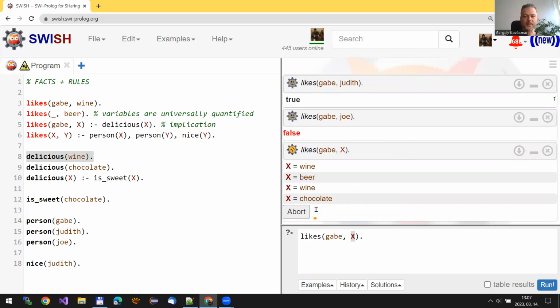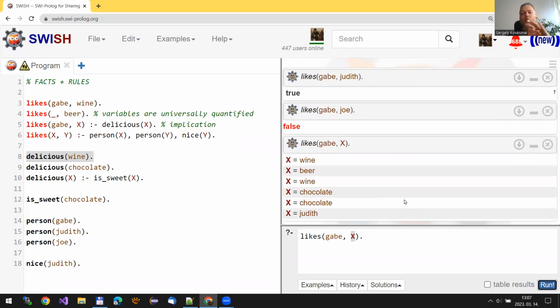Let me just click on 10, and here you get all the possible answers with Judith at the very end. So this is really cool. If you use variables in queries, then the Prolog interpreter gives all the possible substitutions into those variables. So basically, you get the possible solutions.